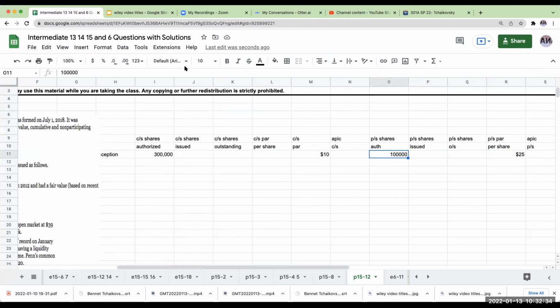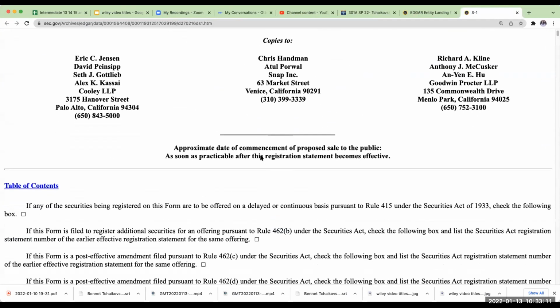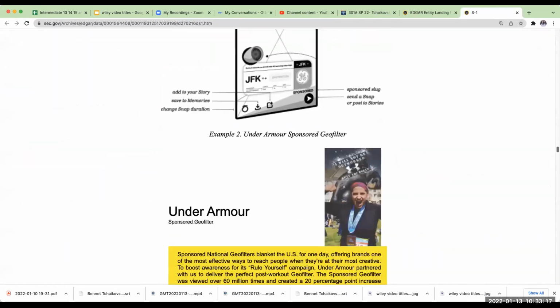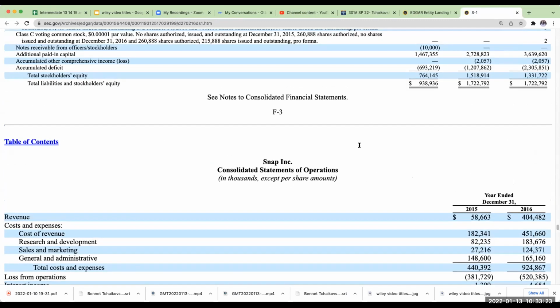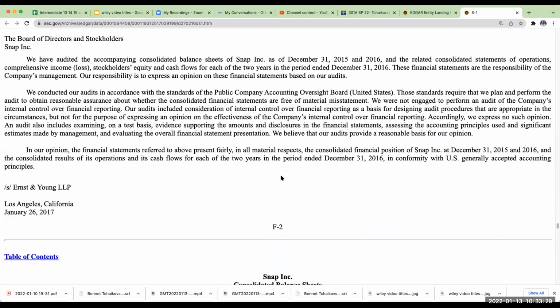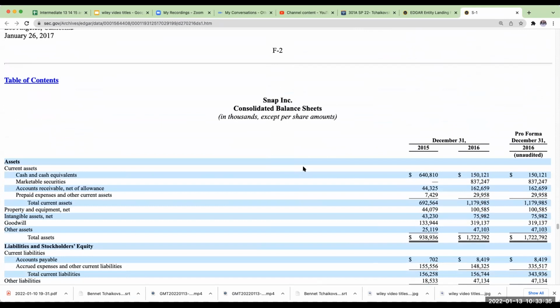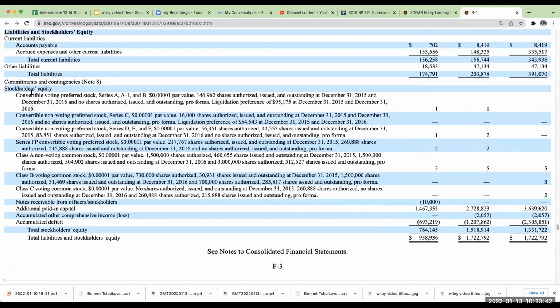But I just did a video on Snap, also sometimes known as Snapchat, and let me pause it real quick. I'm going to show you something in the back of their filing, their stockholders equity account. This is before Snap was publicly traded. Here are their consolidated balance sheets for their years ended, and if you look down over here you'll see a ton of different preferred